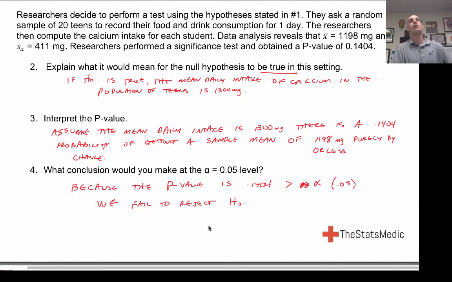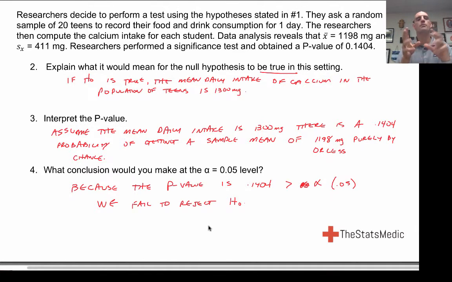our null hypothesis. Why? Well, think about it like this. If I have this claim here, I test it. 14% of the time, I happen to be less than the 1300. So purely by chance, it just so happened that 14% of the time, randomly, I got less than 1300. I'm not that concerned if I get something less than 1300 because it happened 14% of the time. So what I'm saying is the null hypothesis, then we don't reject it because that happens fairly often, 14% of